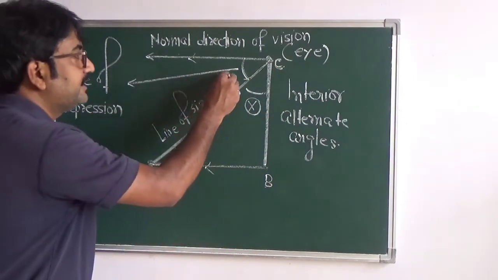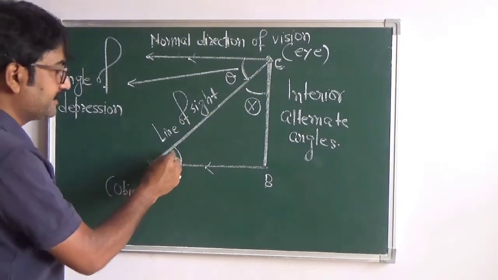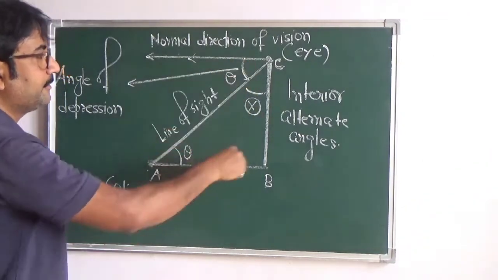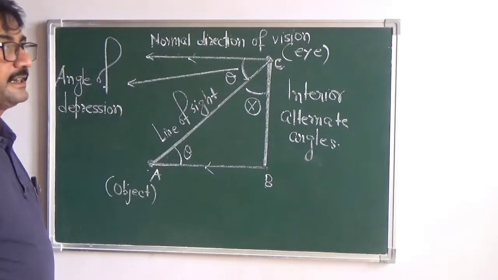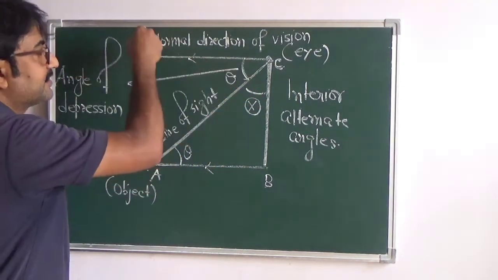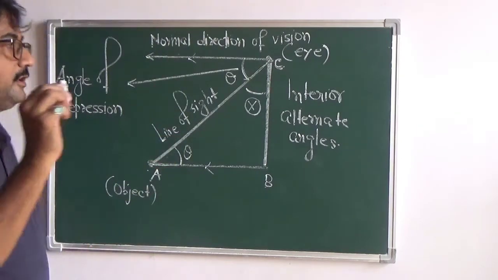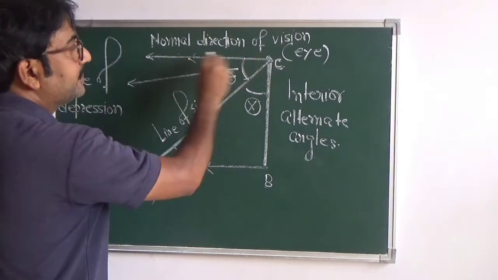So the angle theta, which is given as the angle of depression, if you take it as theta here, then this becomes the angle of elevation. And now again we can solve in the similar method, using this triangle. But if the question involves the angle of depression, then this line must be shown in the paper.